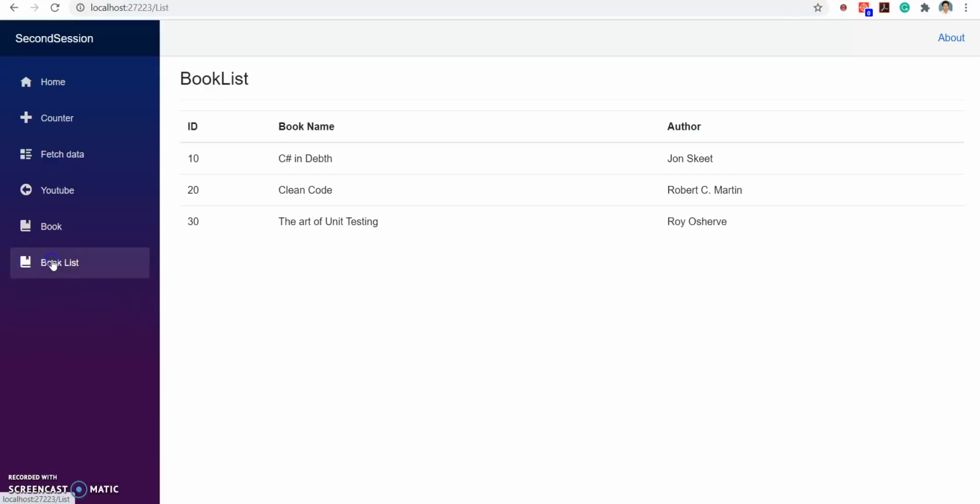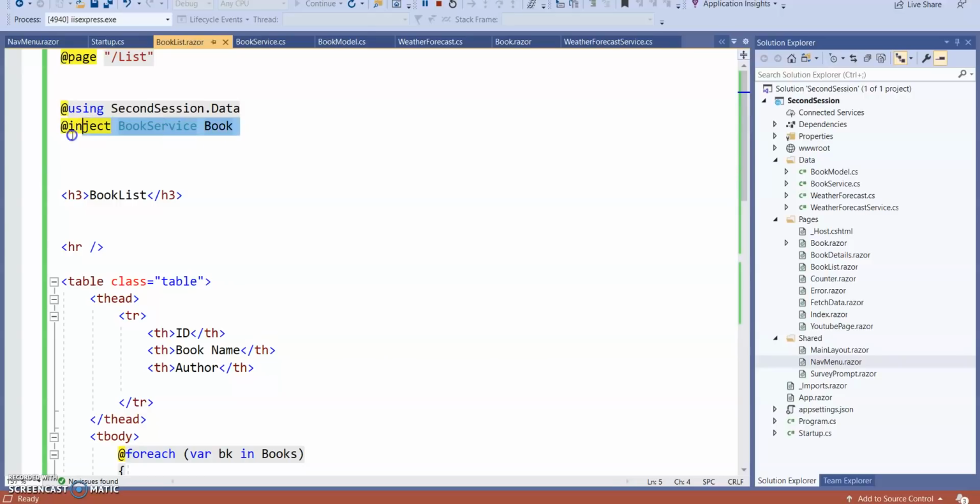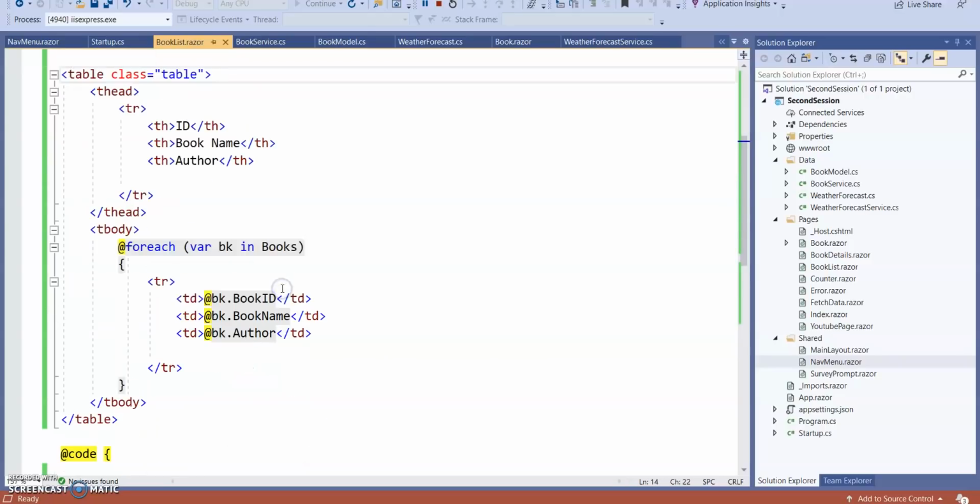So let's see, run book list. Now it is running. So in this way, first we need to register the service, then we can inject the service into our Razor pages.